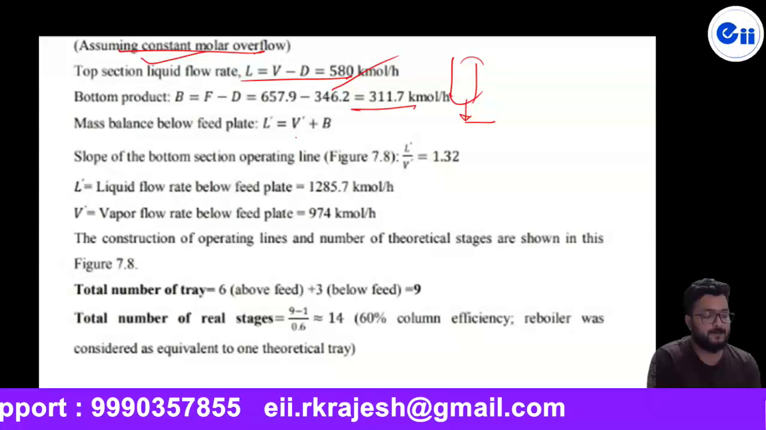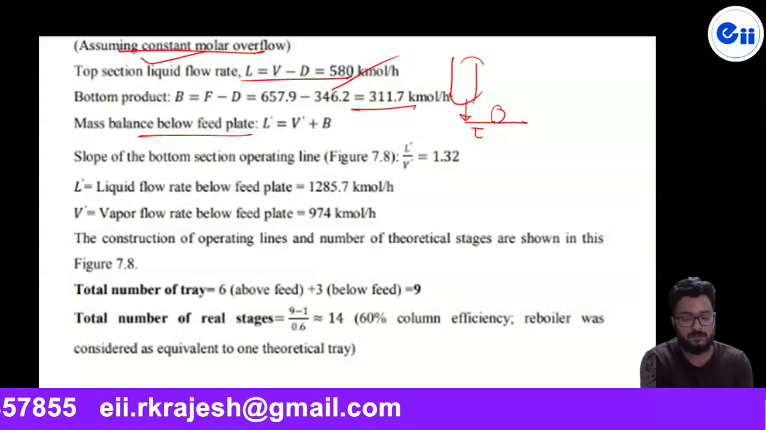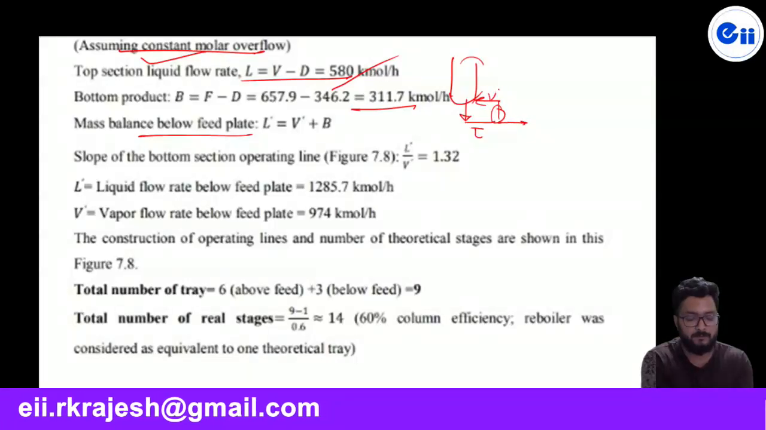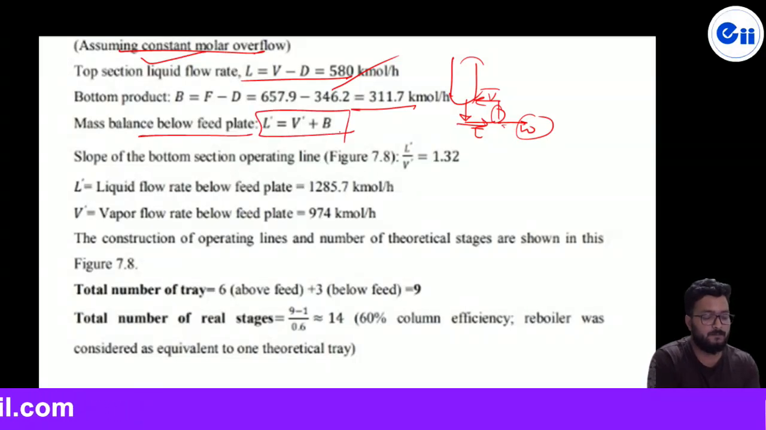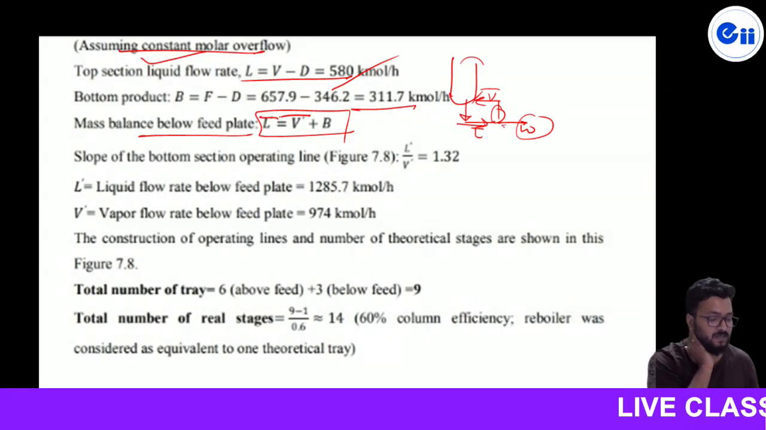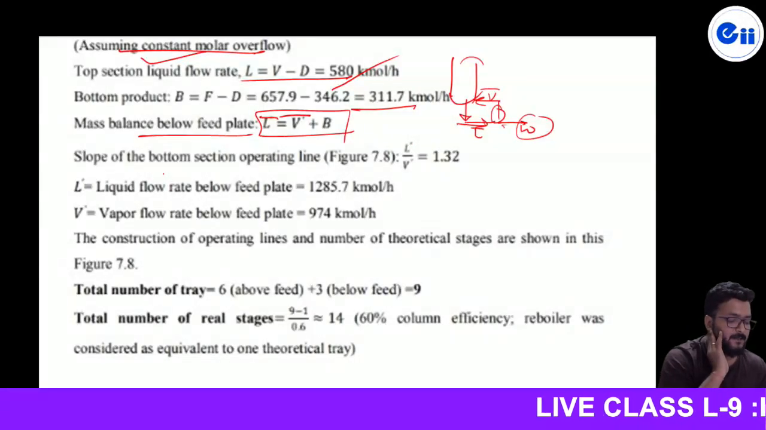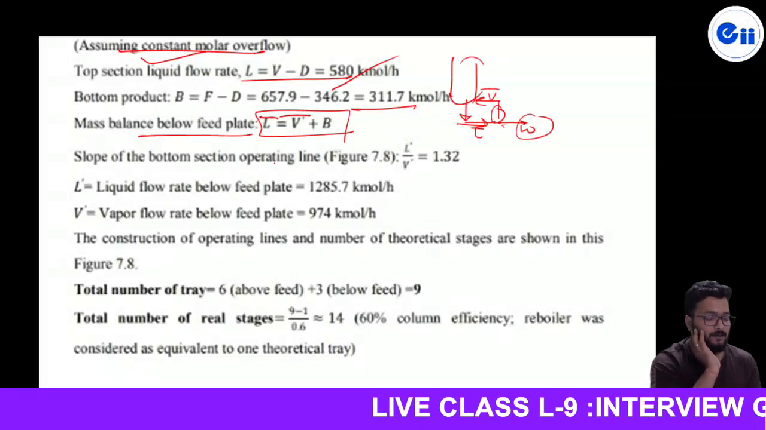And as far as below the plate is concerned, L bar is going to separate into two parts, V bar and W. The L bar equal to V bar plus B or W. Bar means the liquid and vapor fluid in the stripping section, also you can say prime. And as far as the slope of the bottom line is concerned, we can calculate the slope. Why? Because